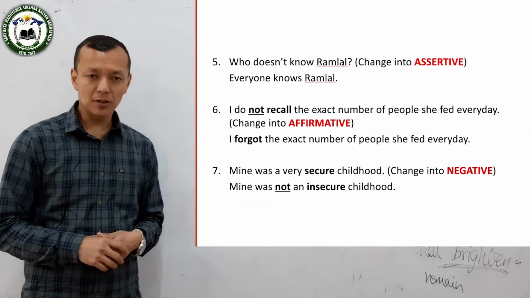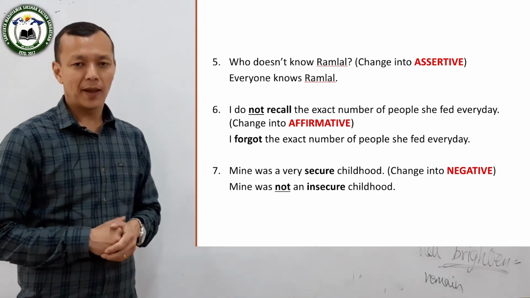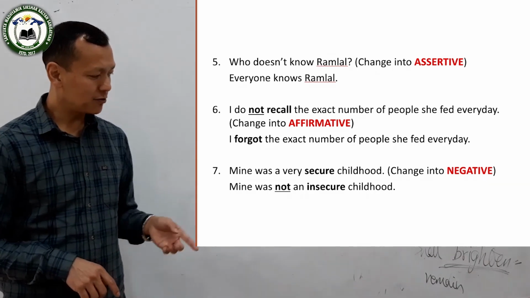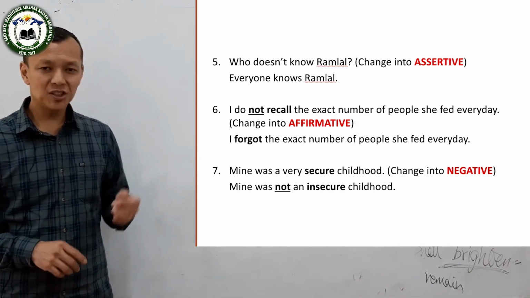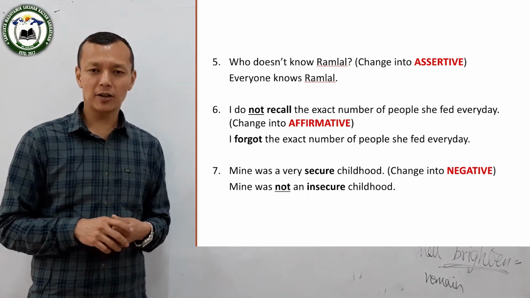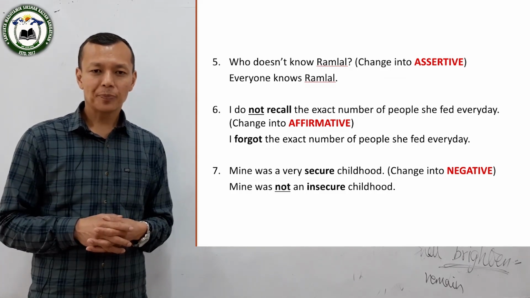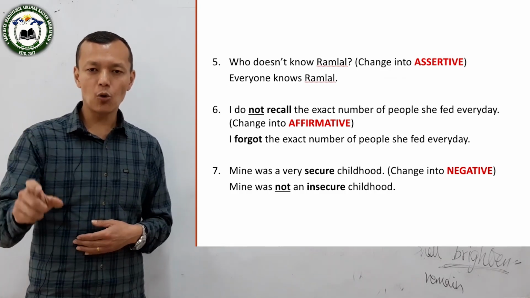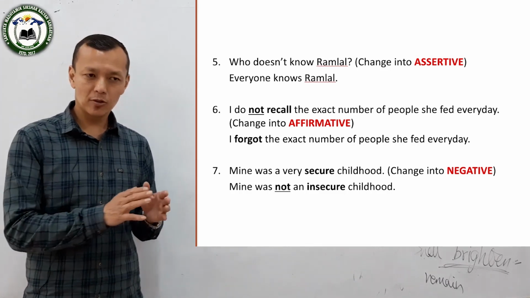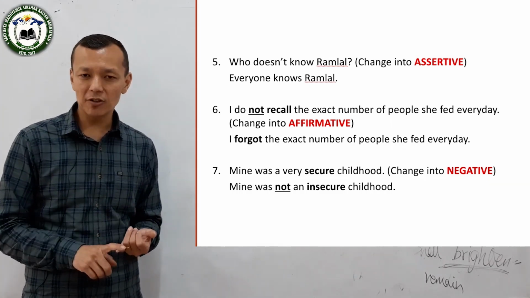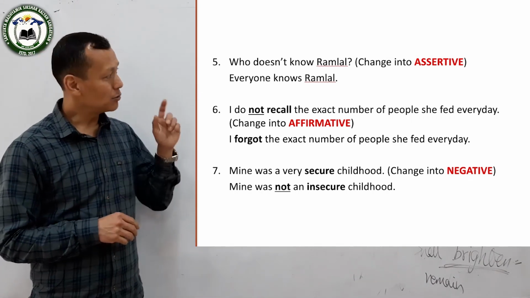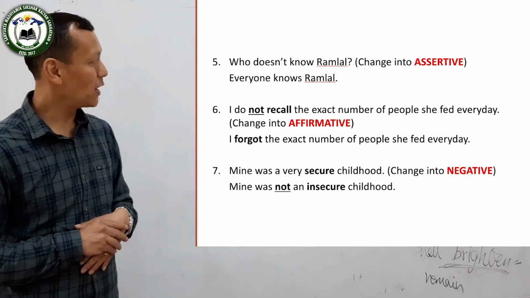For the first time in this particular screen you see the word assertive. अब अघिसम्म अफर्मेटिभ र नेगेटिभ मात्रै आउँदै थियो, यहाँनिर पनि अफर्मेटिभ नेगेटिभ छ, अरु उब्रेको दुईटा सेन्टेन्समा for the first time you are seeing assertive. अब अफर्मेटिभ र नेगेटिभ कहिले भनिन्छ, अघिको स्क्रिनमा पनि मैले एक्सप्लेन गरेँ, when you want to show the difference between a sentence in which you are using no or not or never or none, and a sentence in which you are not using those words. त्यो नेगेटिभ वर्ड्सहरू छैन भने अफर्मेटिभ हो, त्यो नेगेटिभ वर्ड्सहरू छ भने नेगेटिभ भयो. So assertive चाहिँ कहिले भन्छ, अब you see that the question given to you in number 5, who